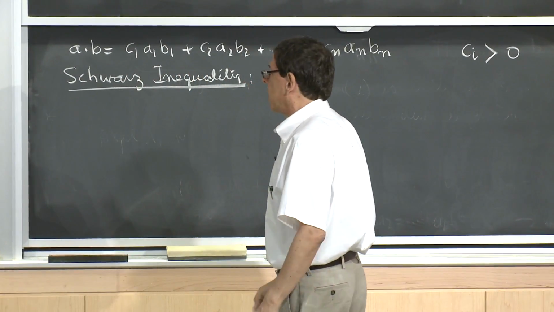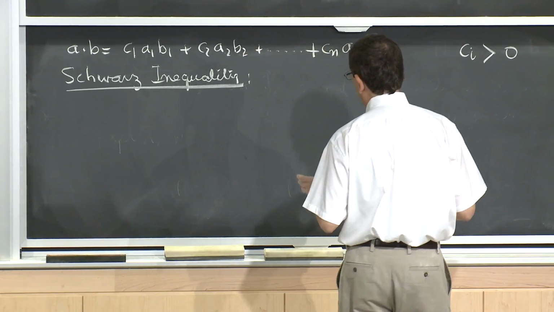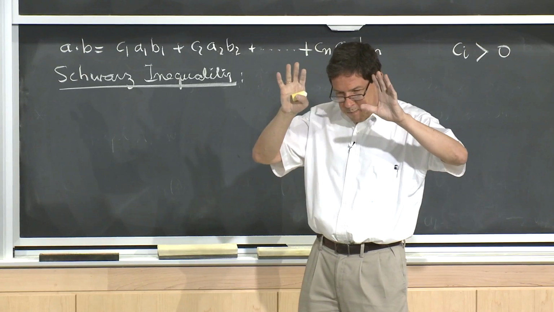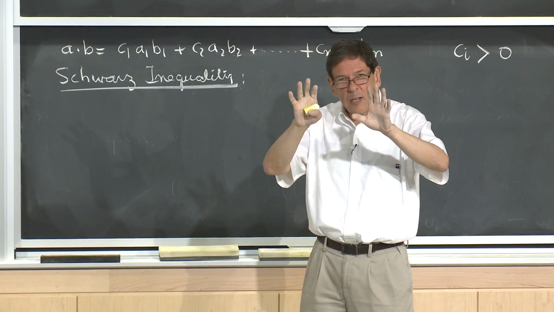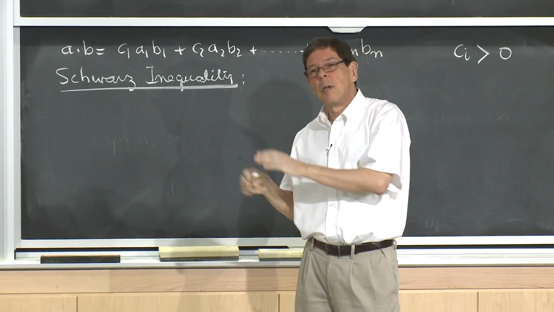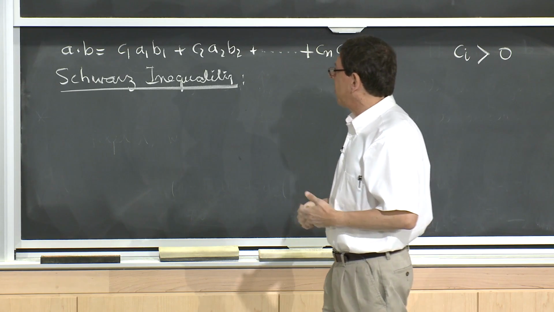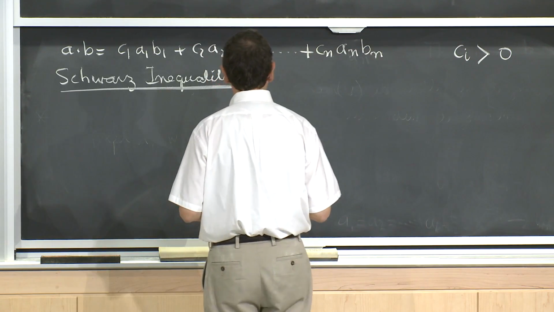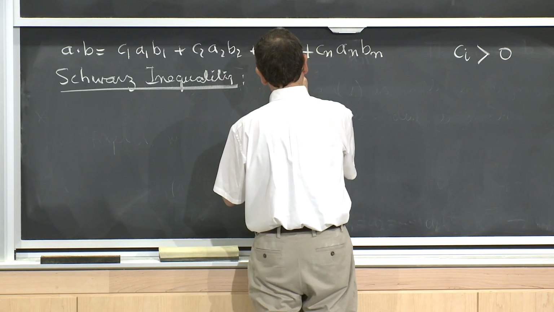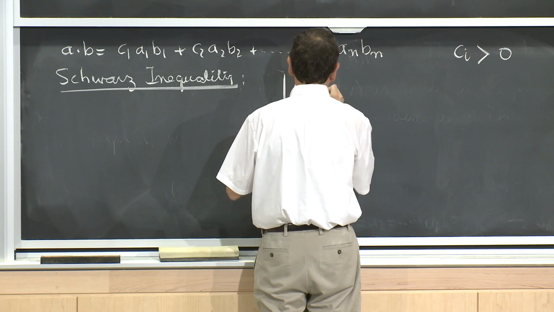What is the Schwarz inequality? It's a statement that compares the inner product of two vectors to their norms. So it's a very interesting statement, and it's a very powerful statement. It's a theorem that says that A dot B